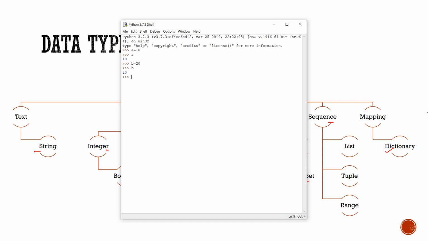Now we require two different functions to check the data type in Python. The first one is the type function. The type function tells us what kind of variable it is. Here you can see that a is of integer type. Same case, the type of b is also integer type. Next, if I want to check the address of a, then we require the function named id.